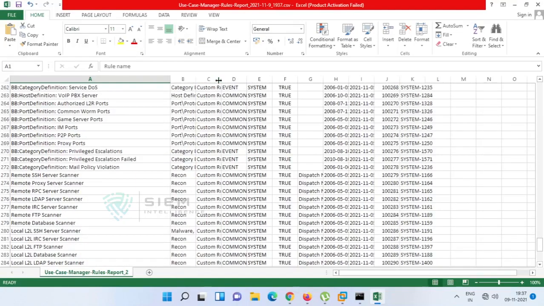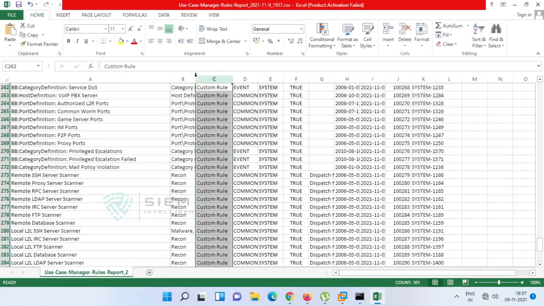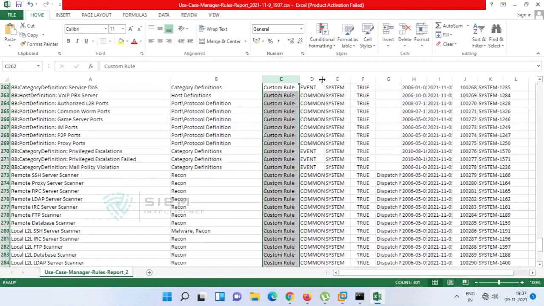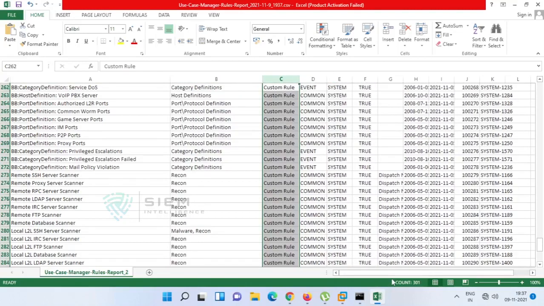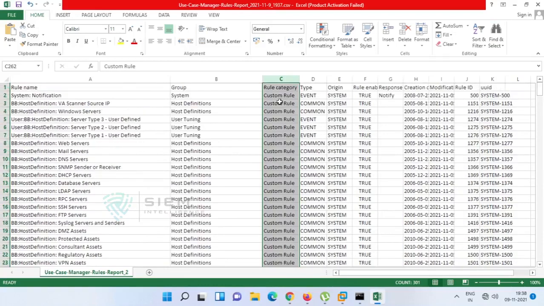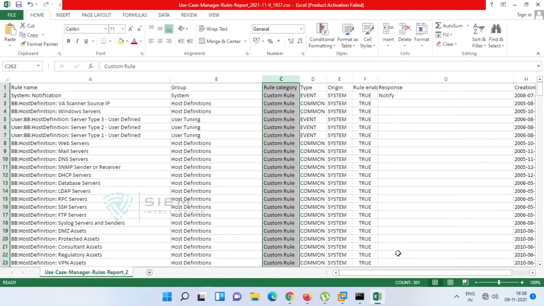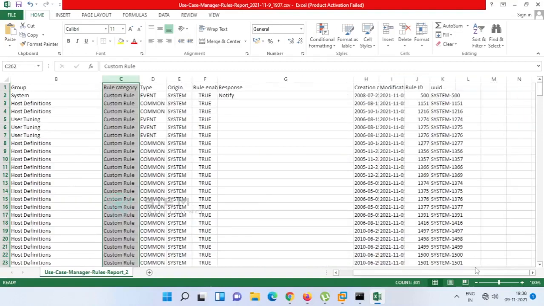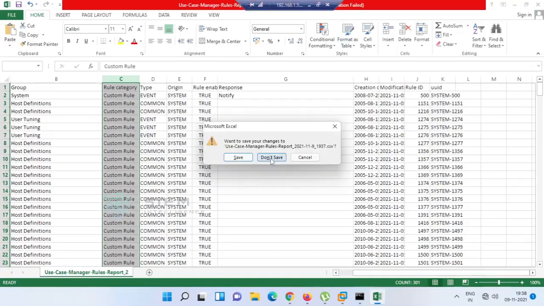So you can also find the rule condition. See, you can see the condition, and this is the rule system and all. So if you go on the top, you can come to know what the headings are: rule category, custom rule, type, origin, rule enable, rule response, and rule creation date, by whom created, and everything. And there are so many things other than that.